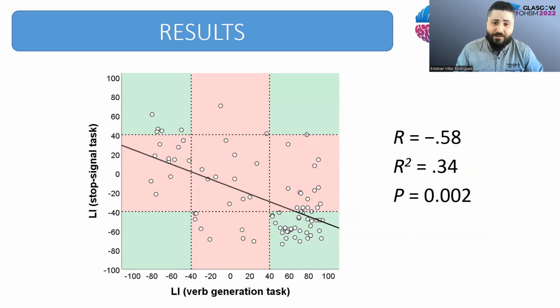We also calculated the laterality index for both language production and inhibitory control in the inferior frontal cortex. The laterality index is a proportion of the brain activation between both hemispheres in a particular contrast and ranges from -100, that will be a totally right lateralized function, to +100, that will be a totally left lateralized function. And as you can see, we found that the laterality indexes of both functions were inversely correlated with a coefficient of 0.58. That is, the more right the activation was during language, the more left the activation was during inhibition, and